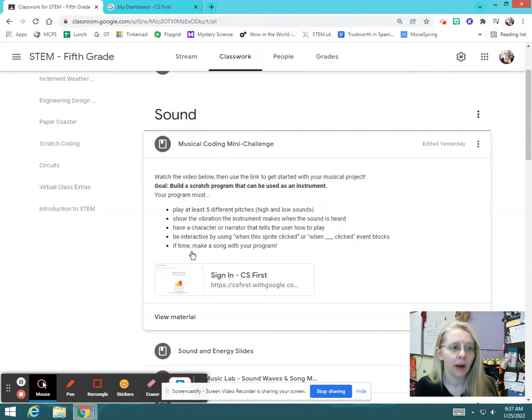Here are the requirements. You're going to play at least 5 different pitches or different notes. We want to show vibration of the instrument where the vibration would occur. We want to maybe have a character or a narrator that tells us how to use this instrument. We are going to be making this instrument interactive by using the event blocks, either the when sprite clicked event or the when button clicked event. And if you have time by the end of class, then I would like you to make a song with